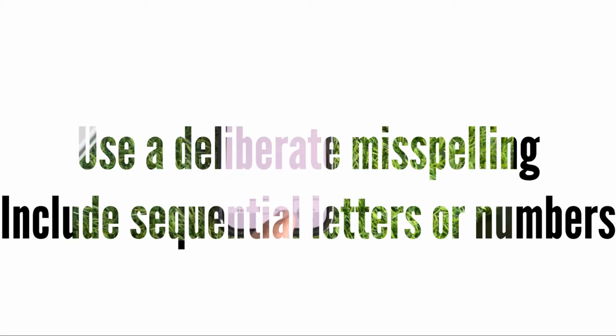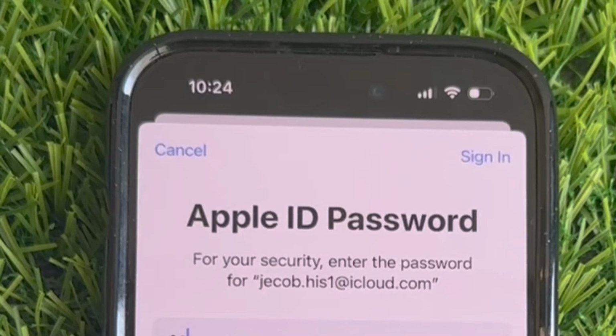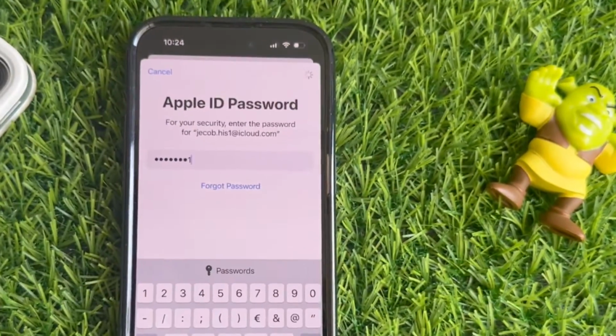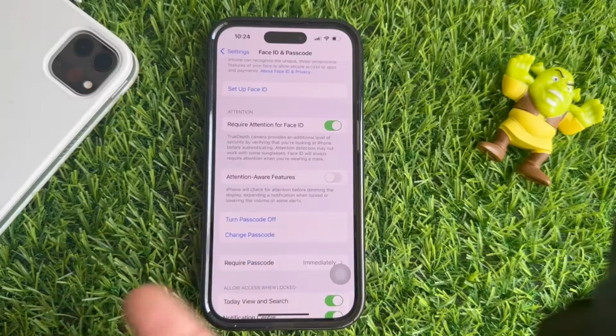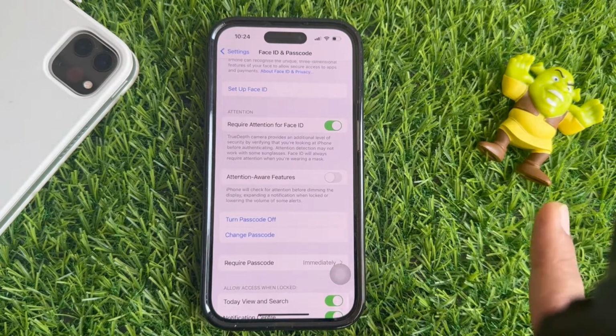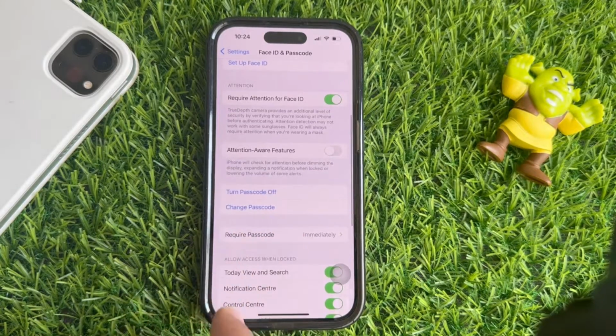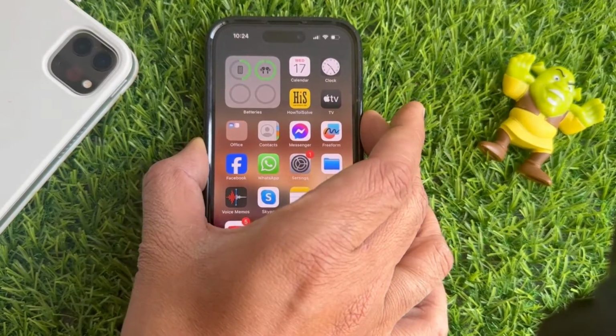Your device will show the Enter Apple ID password page. Enter your Apple ID password and tap the Sign In option at the top right corner. If you forgot your Apple ID password, follow the procedure given on the above video card. After successfully setting up your passcode, you can unlock your iPhone using Face ID or Touch ID depending on your